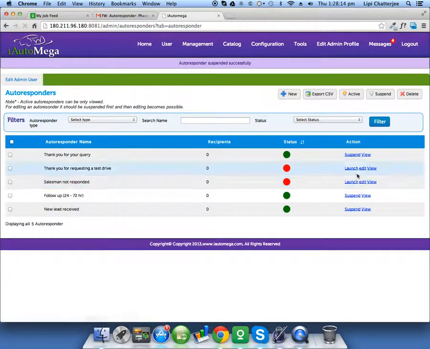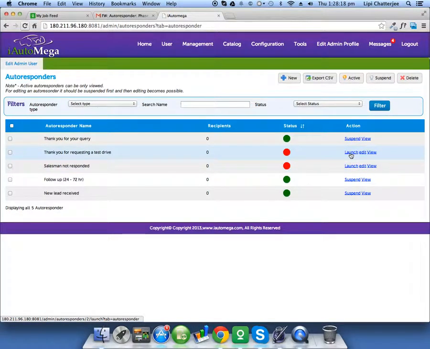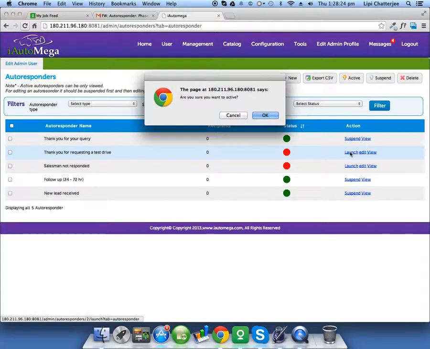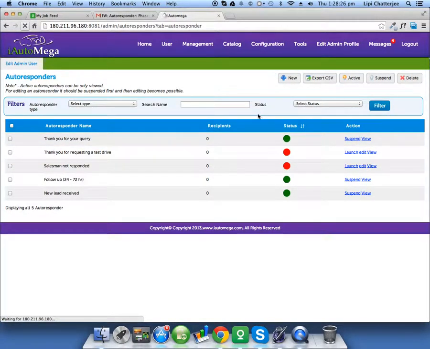And again clicking on launch, it should take me back to the green button, that is, it has now been activated again.